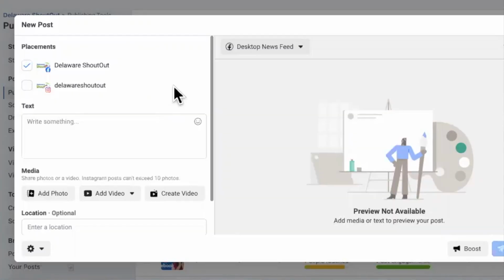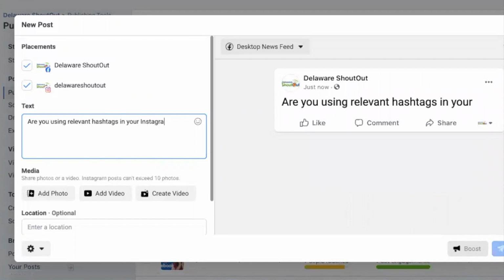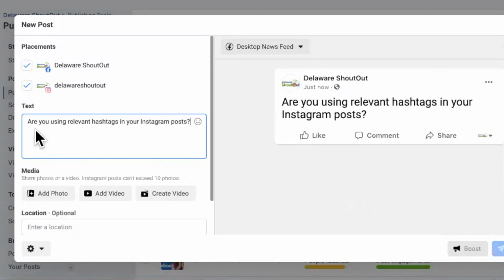Now, if you don't already have your Facebook account connected to your Instagram account, Facebook will ask you to do that, and you'll want to have your Instagram login credentials handy. Make sure to check both boxes for Facebook and Instagram because I'm assuming you want to post to both Facebook and Instagram. This is why you're here. Write your text here, and if you're thinking of adding hashtags in your text, please don't do it in this spot, and I'll explain why soon.